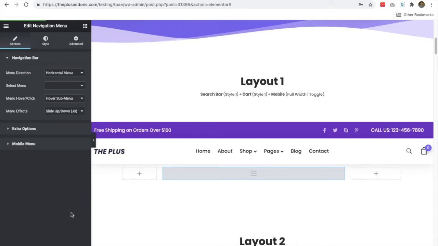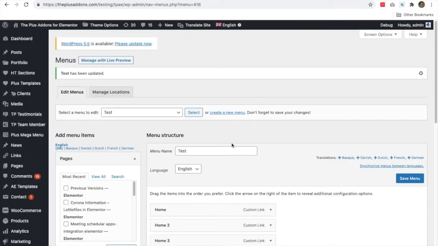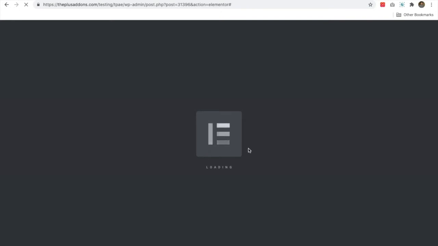So let's update it and refresh because we just created that menu. So let's refresh the page, and once the refresh is finished, you will see the menu with the name taste. So you just need to select the taste menu there.